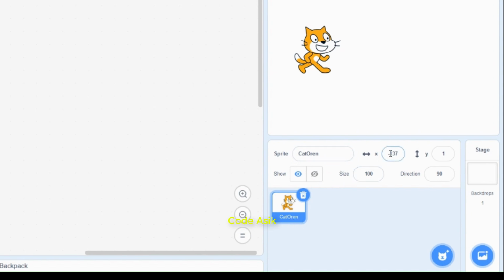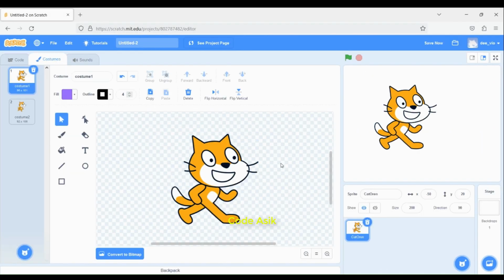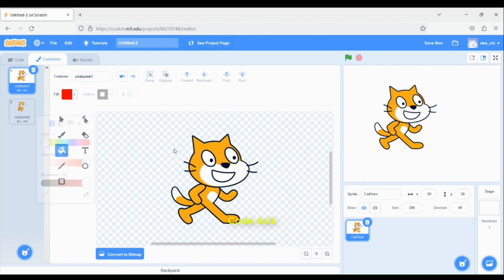You can directly change the number by typing it, then the cat will follow your direction. However, I want to fur the cat with a red color, so I call it a red cat. I will change the color in the costume tab beside the code tab. You can choose the color you like for your cat's appearance.